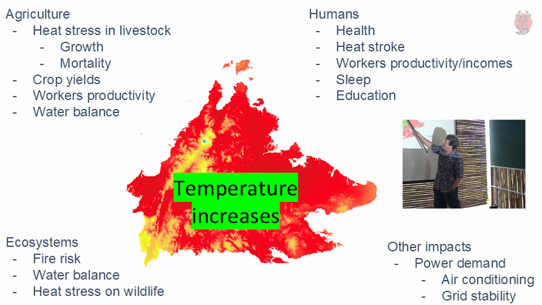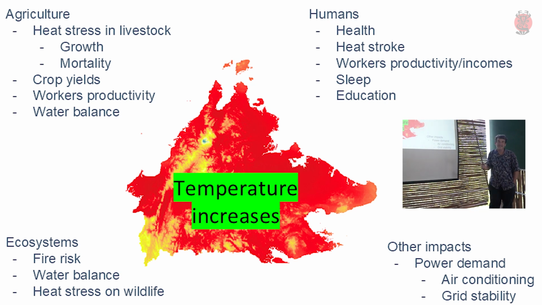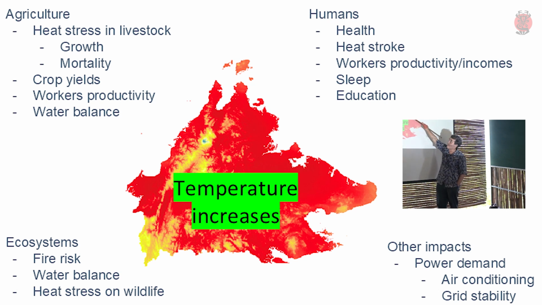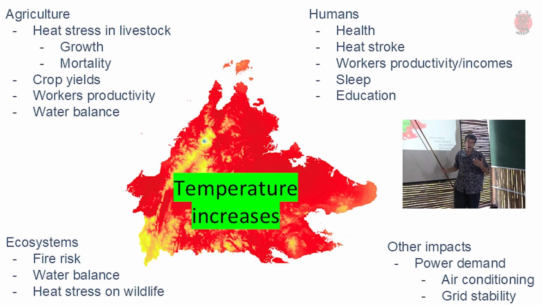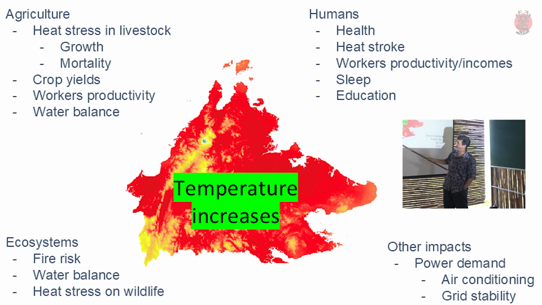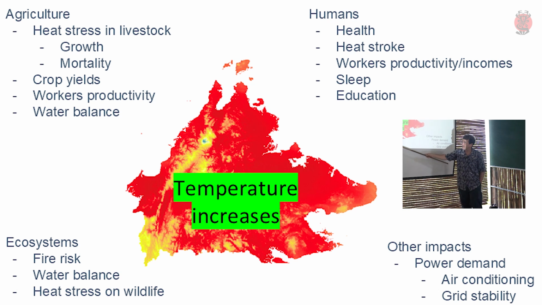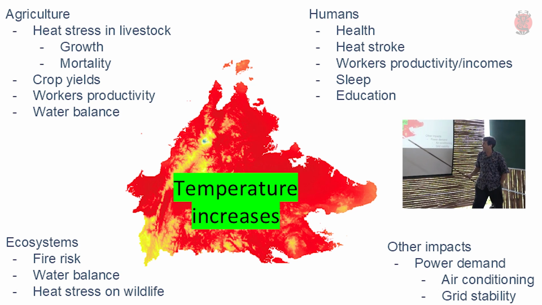And we also go and look at how this will affect our agricultural system. So there are temperature heat indices for livestock, different ones for different livestock. And that allows you to look at how it might impact growth and mortality of our livestock. There is work out there, some done by Malaysian researchers, that looks at how temperature impacts rubber yields. There's global work on rice, worker productivity, water balance, also ecosystems. We're modelling fire risk, we're modelling water balance, and there are also other ways you can look at it, okay?